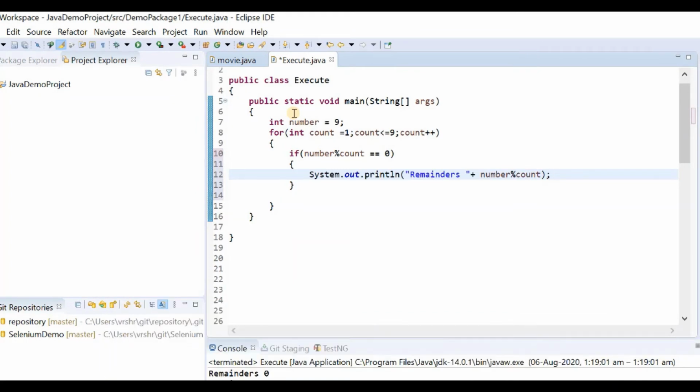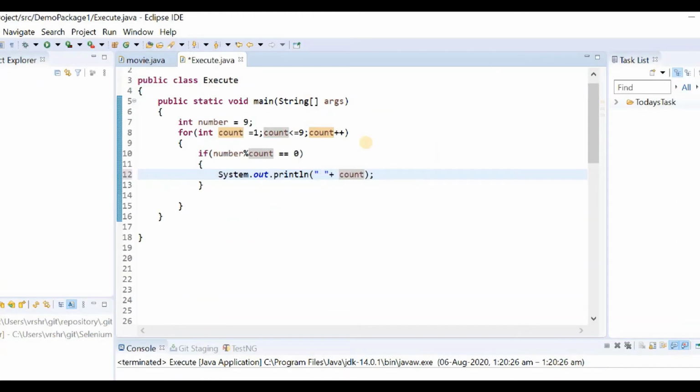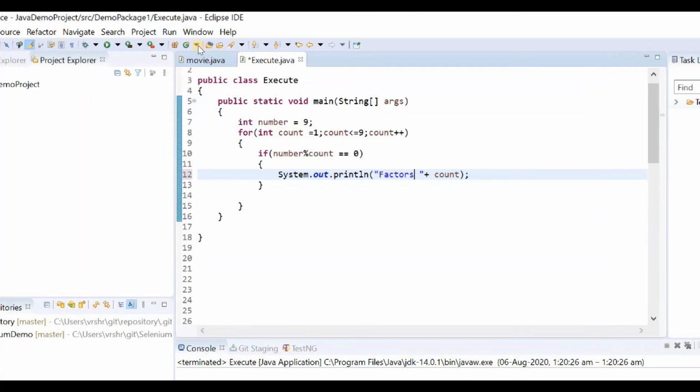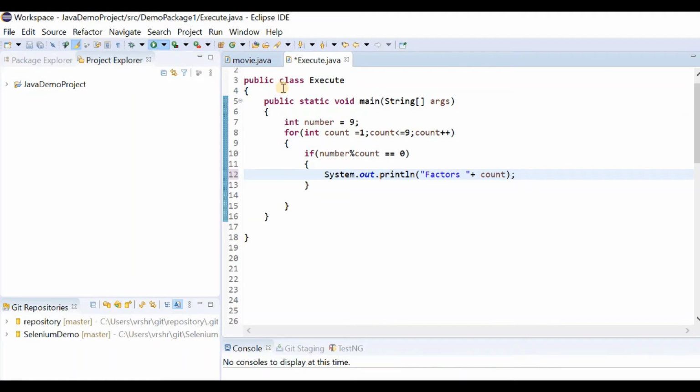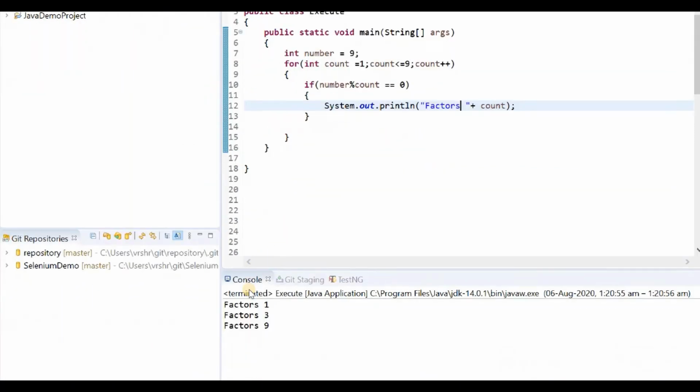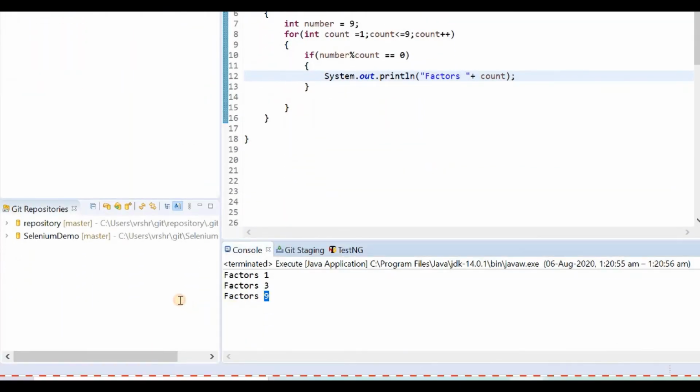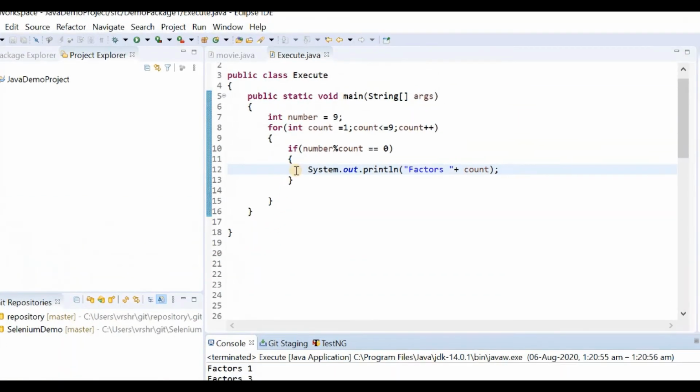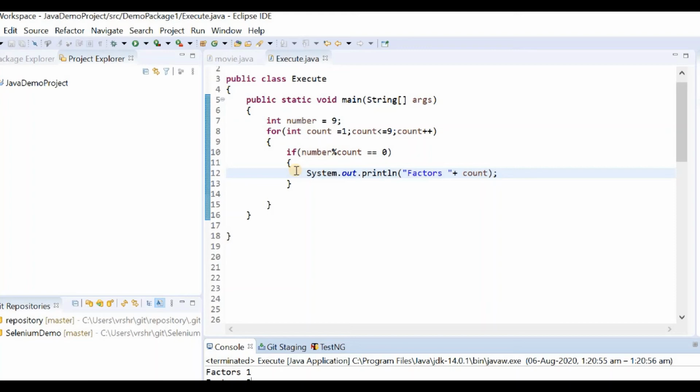Modify this print statement. Let us write factors over here and let us execute. You can see that the factors are given over here, that is 1, 3 and 9. So this is how you can use a for loop to execute a logic like this.